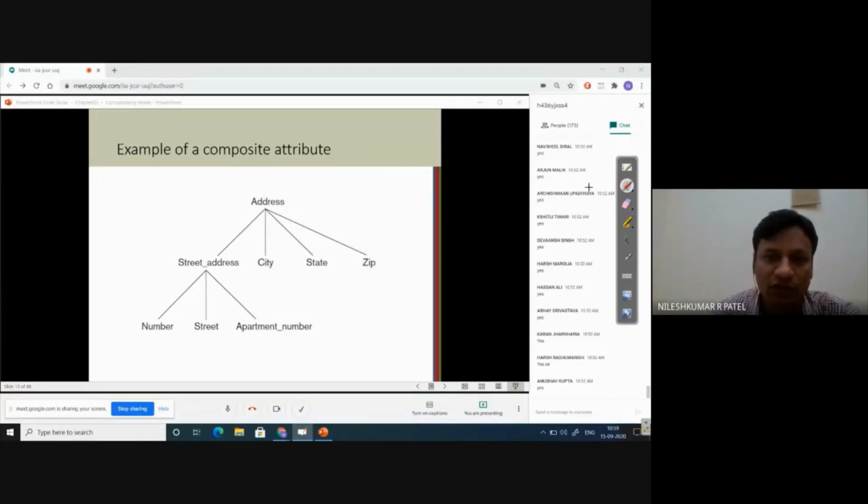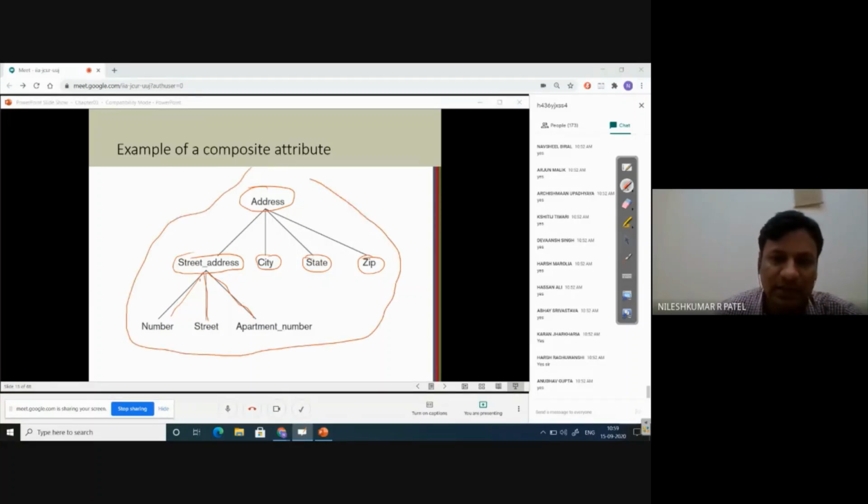It is one field or attribute, and it can be further divided into street address, maybe city, maybe state, maybe zip. Street address can be further divided into the number of that particular street or name of street and apartment number. So this kind of hierarchy may exist for a composite attribute. This is the meaning of composite attribute.